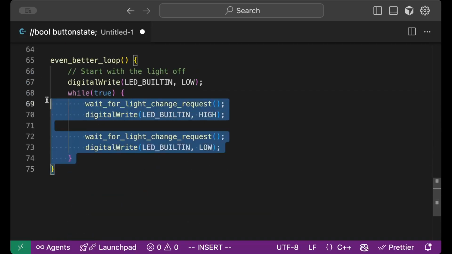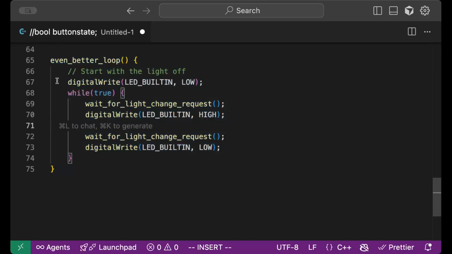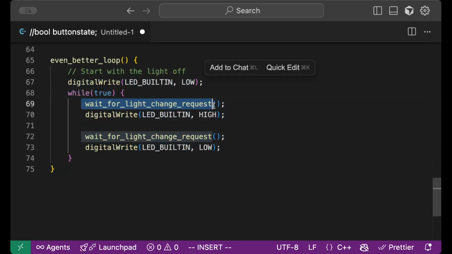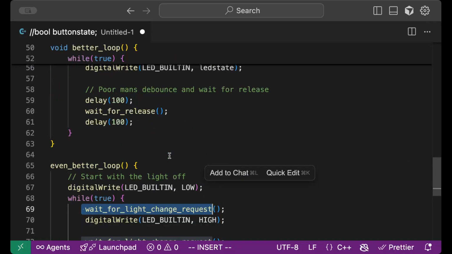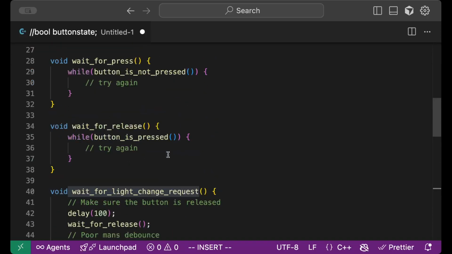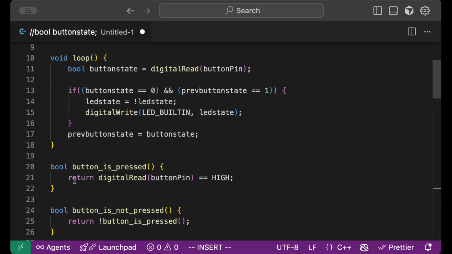So again, this is what I would want to see: here's the business logic of our application. And the rest of it is composed of these other functions that do very specific and obvious work. In the end, there's only one thing that's hitting our Arduino API, and that is the only specific thing about that.